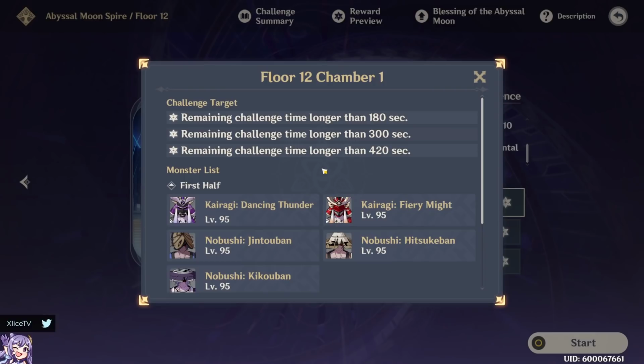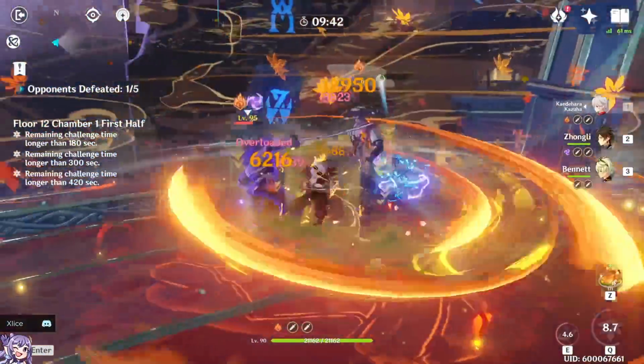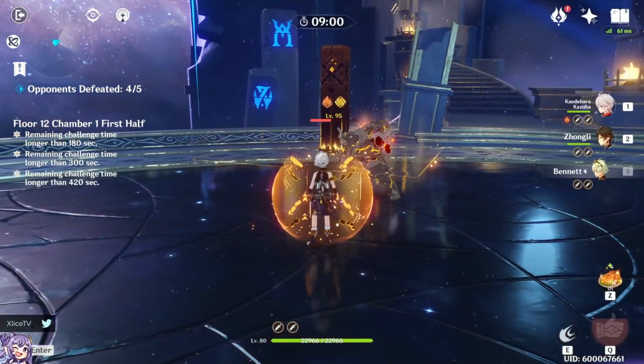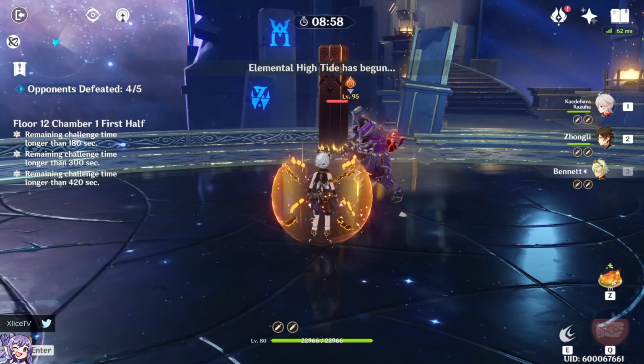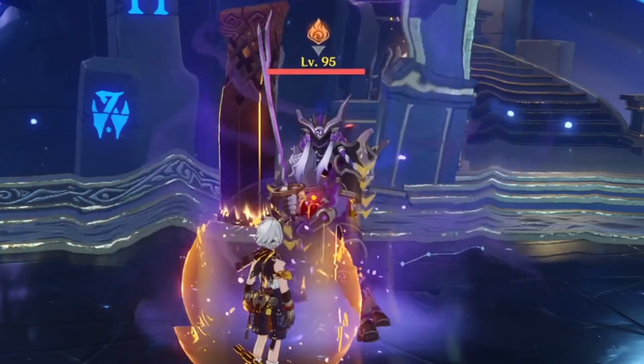This will likely be the most difficult chamber for most people to aim for 3 stars. First half is split up into 2 phases. The first is 3 roughly 200k HP Nobushi, and the second with 2 roughly 500k HP Kairagi. For the Kairagi, if one of them dies, the other one's next move will regen 50% of its max HP,